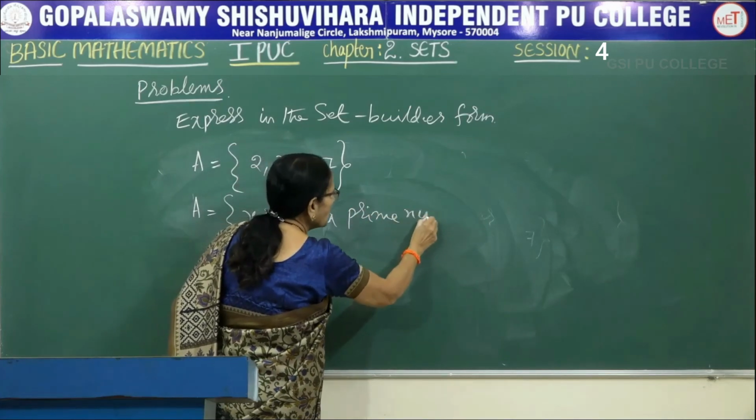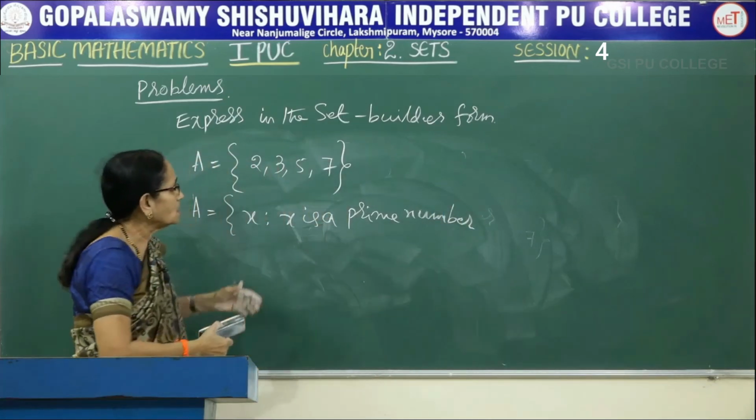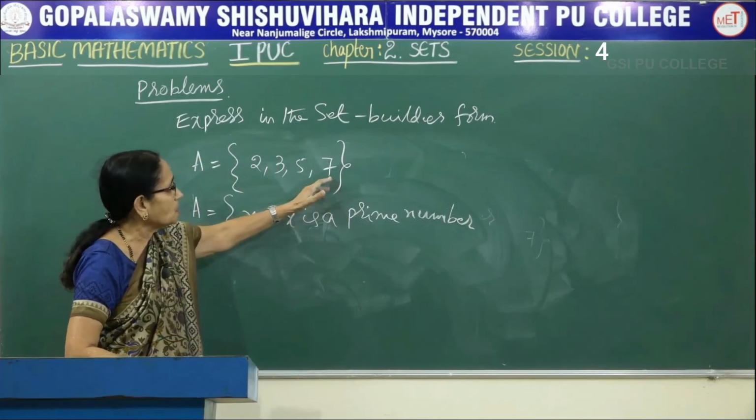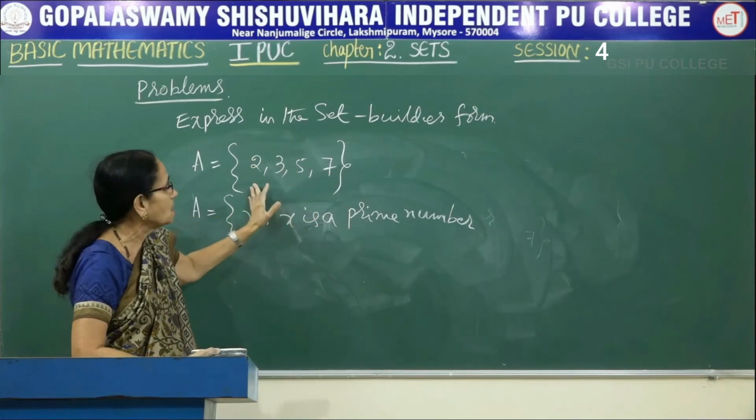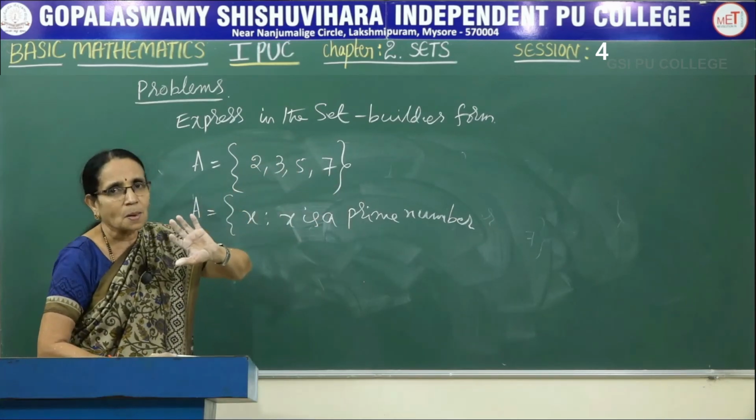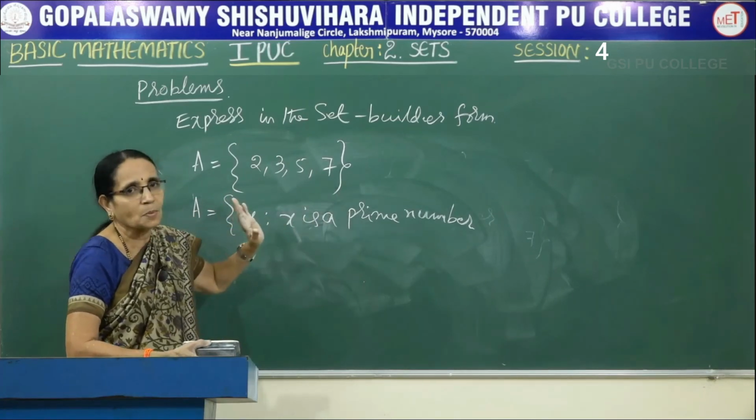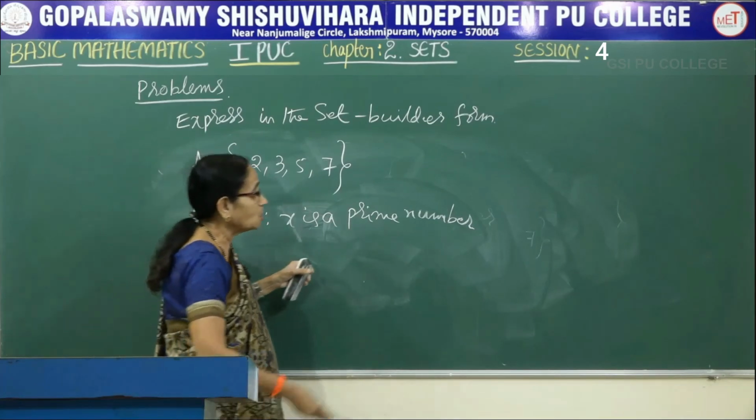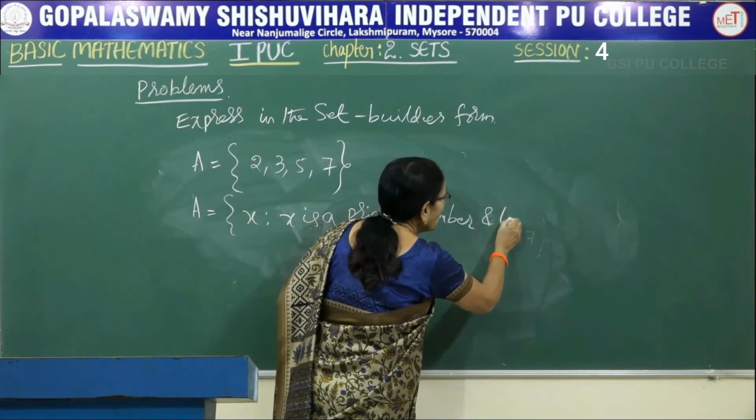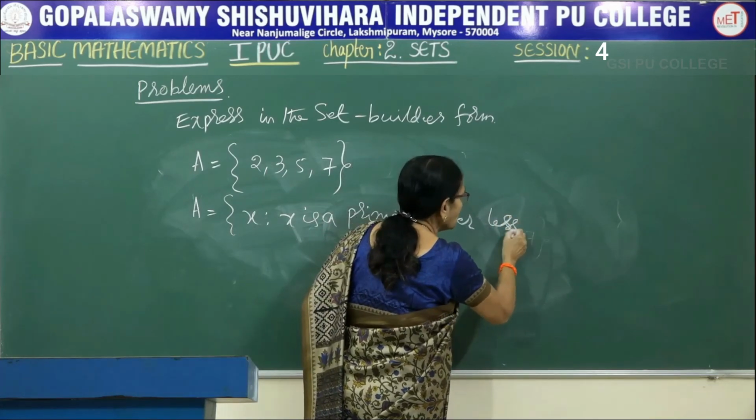x is a prime number. If I simply say x is a prime number, that means I cannot stop here. It is 7 and 11 and 13, and like that we have to go on writing. But there are only 4 elements here. So we have to put another condition which would satisfy only these 4 elements. So x is a prime number, and then you have to write, x is less than